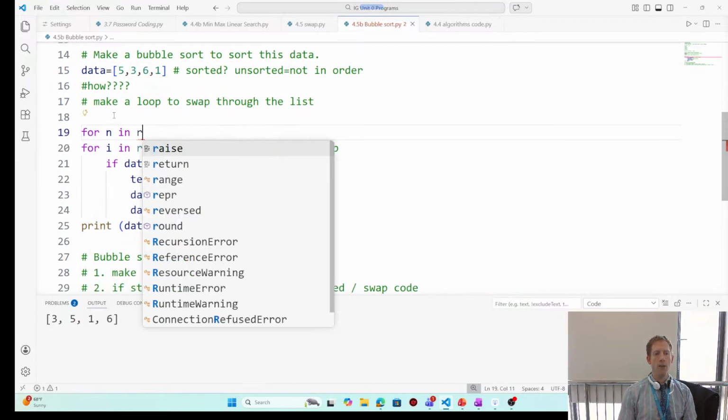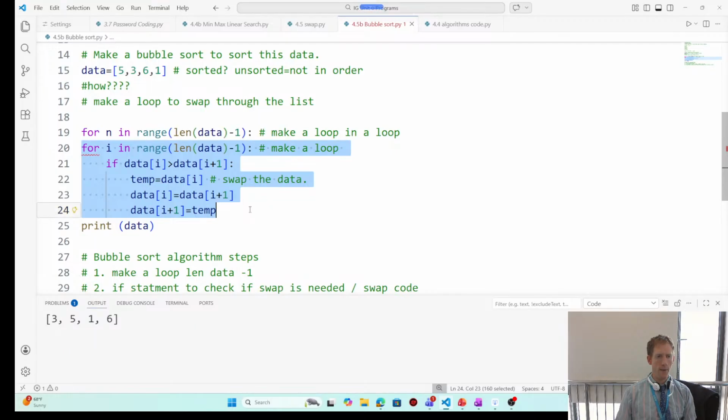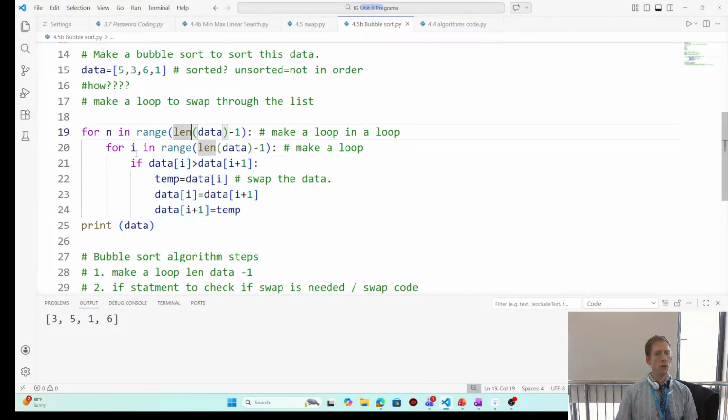For n in range, we need to put the length of the data, and make a loop in a loop. A loop in a loop will just do the loop multiple times. Okay, and then what you're going to do is select your data and then function 2. So it's going to do the algorithm again. So after we compare, swap, it'll do it again and again. And if I run, you see the data right now is small to big. And that's it. This is the code for a